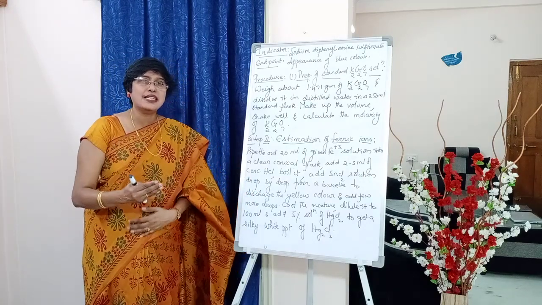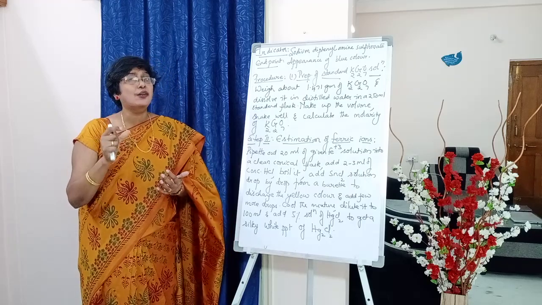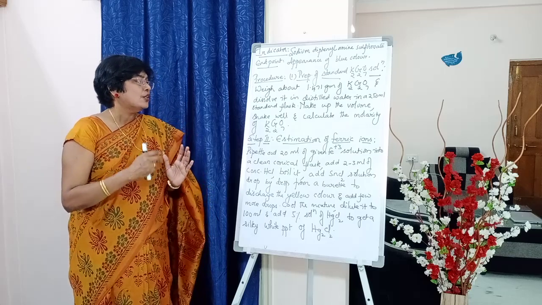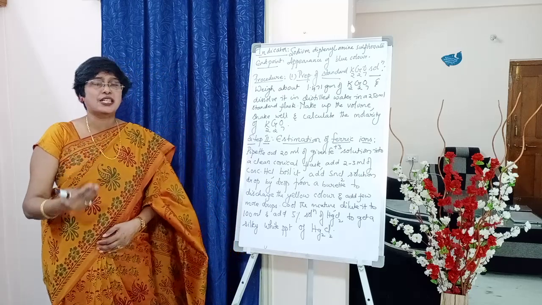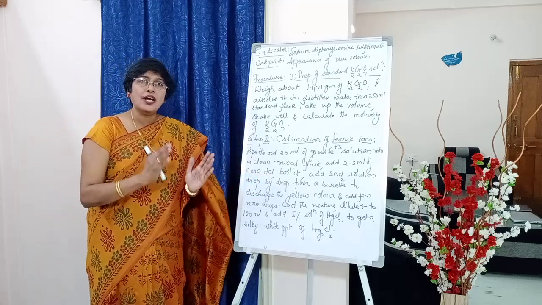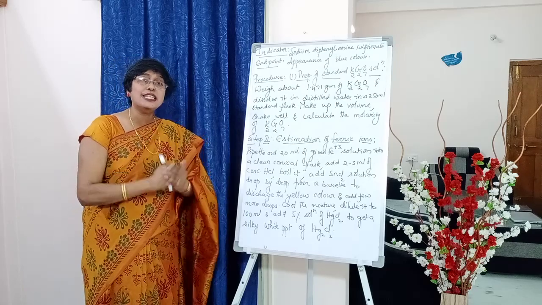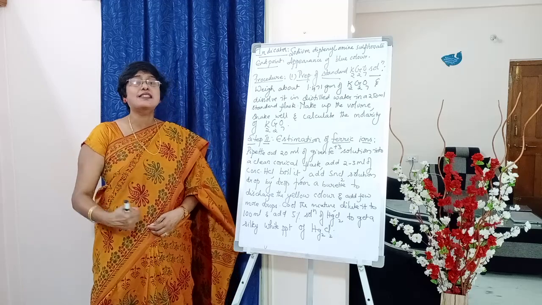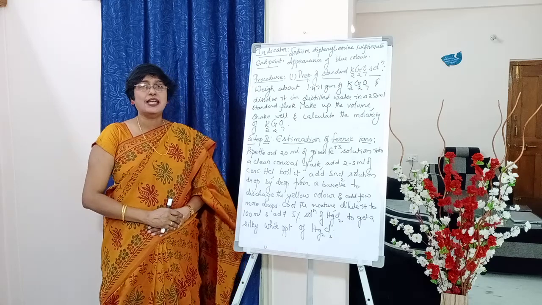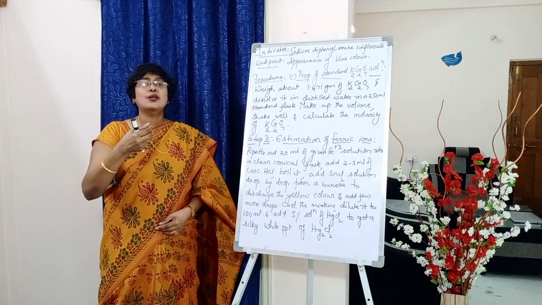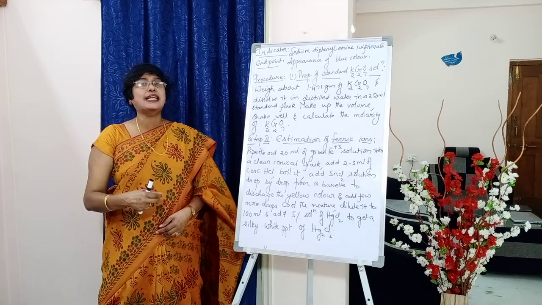Once try to understand, students. In the conical flask, what all is to be taken? 20 ml of the unknown Fe+3 solution. To that we should add 2 to 3 ml of concentrated HCl from a measuring cylinder. Next we will boil it. And now into this conical flask we will add SnCl2 solution, which is there in a separate burette. From that burette we will slowly add SnCl2 solution drop by drop into the conical flask.